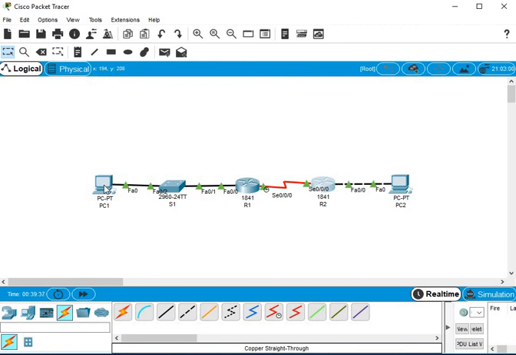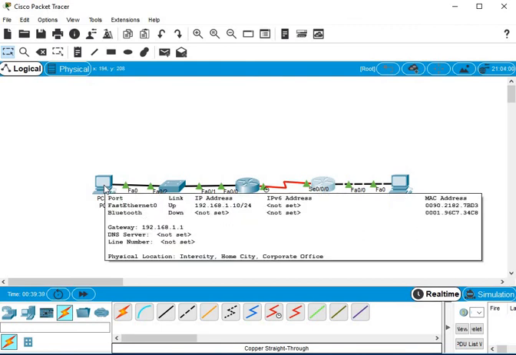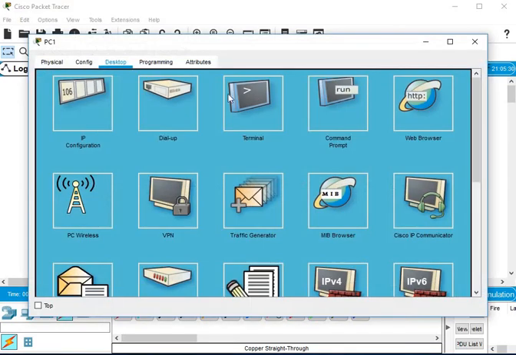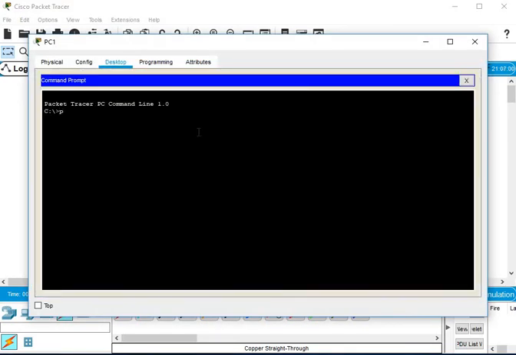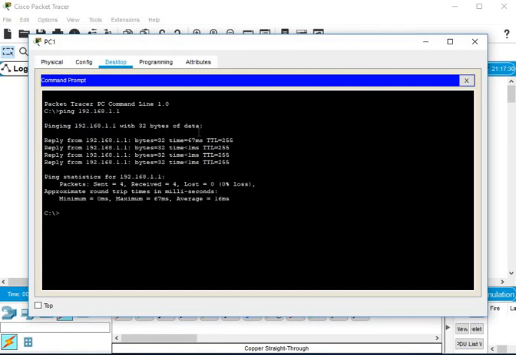Okay, so to do that, let's go first on the first PC. On the command prompt, let's ping the address of the default gateway, which is 192.168.1.1. Okay, so as we can see, there is a positive connection and the ping that we have sent to the